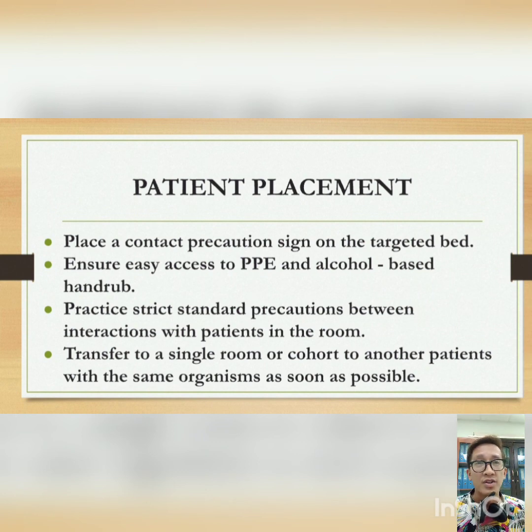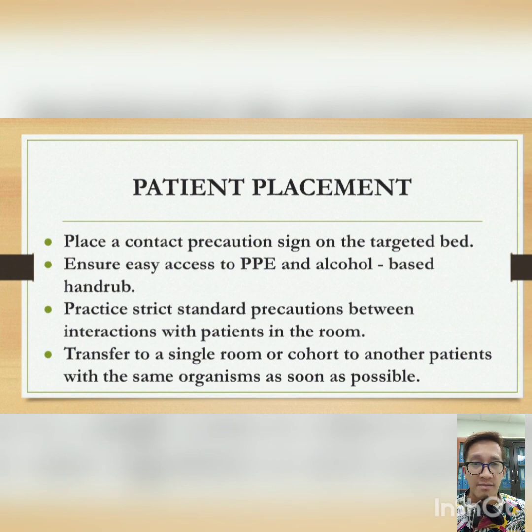So you can put an MDRO patient and a non-MDRO patient in the same room for a while, provided that the patient who has no MDRO is not immunocompromised or not at high risk of getting infected with MDRO. For the meantime, while waiting for a vacant room that you can use to cohort patients